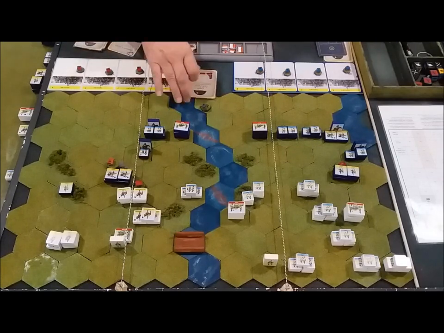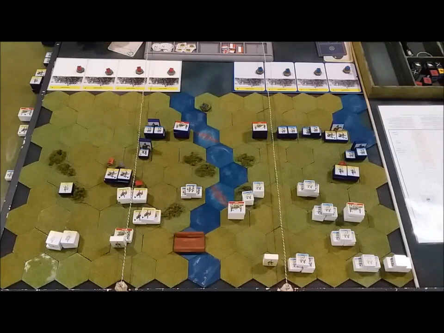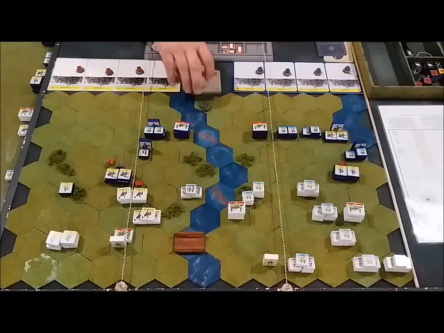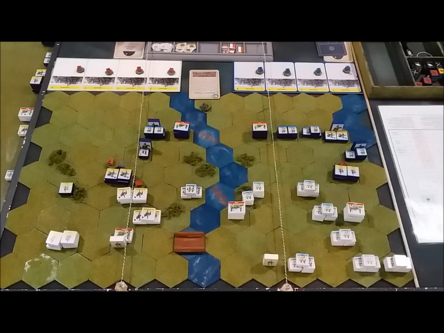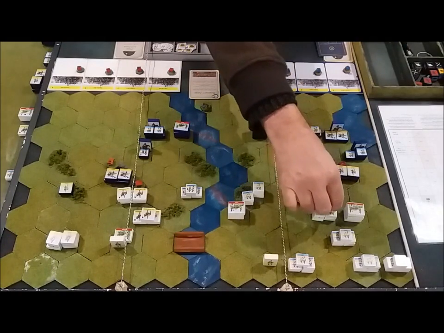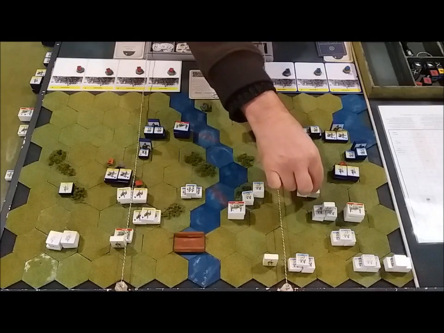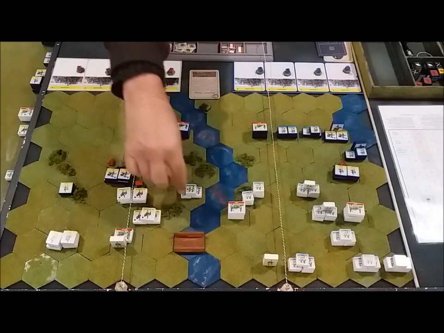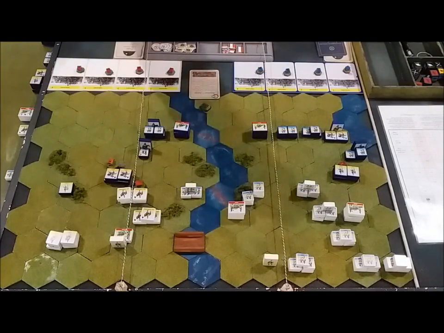Or no, use your little thing called brain, maybe. Let's do a bayonet charge. 4 or fewer infantry units. And we will do this infantry unit, this infantry unit, this infantry unit,